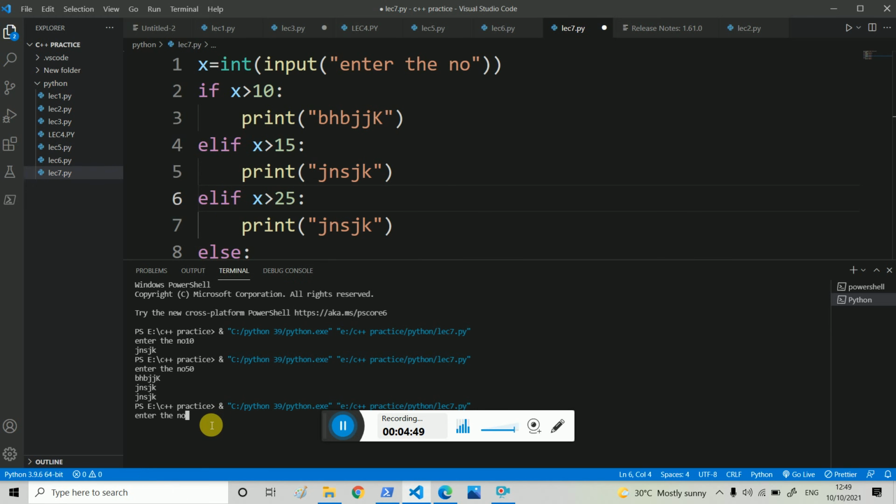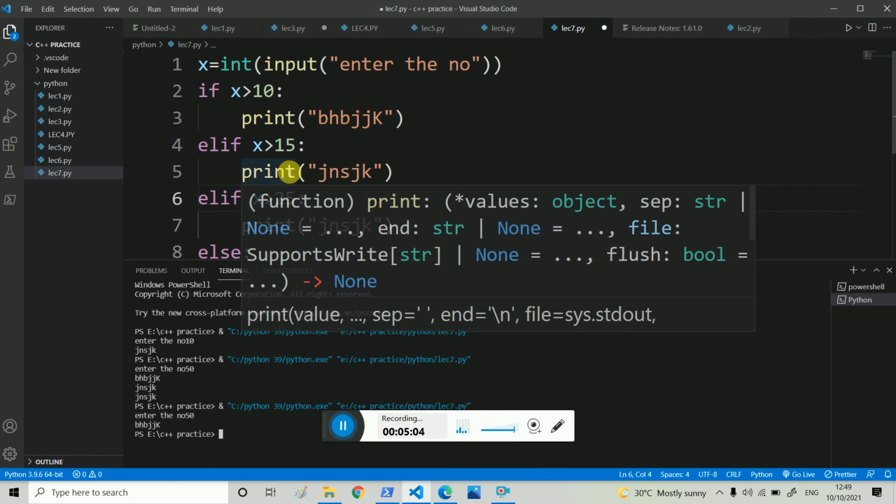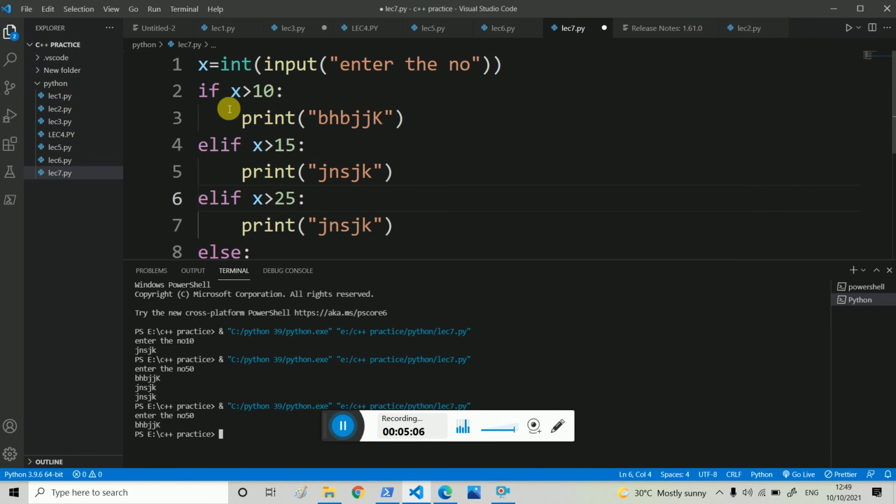Enter. So only one will be printed. I think you understand that firstly it will check that x is greater than 10, so this will print, and because of the else if, it will not execute the other statements. So I think you understand the difference between using if statements and using if else if statements.